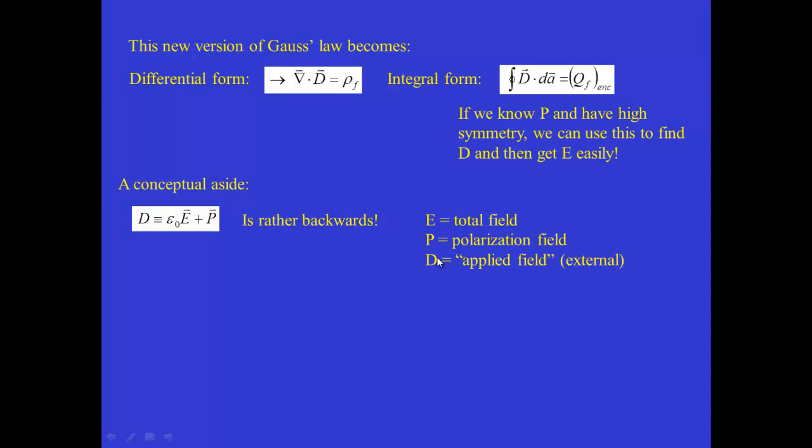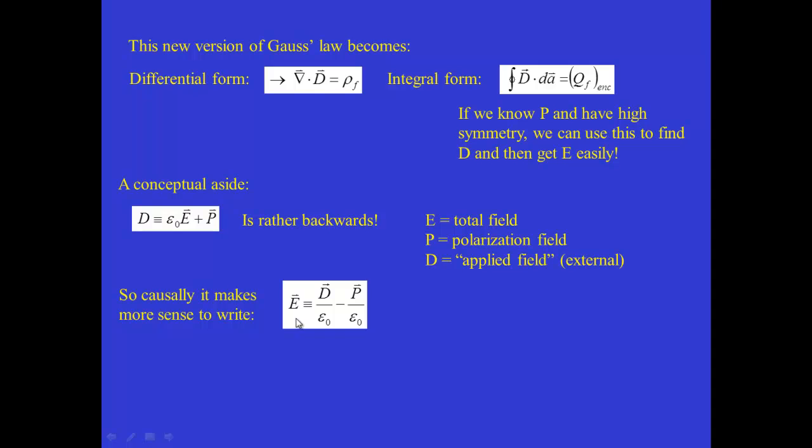And D functions really more like an applied field because it's due to external sources, something outside of the material itself. And so causally, if we think about what happens first, we apply an external field, right? And then the object gets polarized because of rearrangements of dipoles inside. And then, because of that effect, there's a net field inside the insulator, which is given by E. So causally, it would make more sense to solve for E, because it's the net field, and to see where